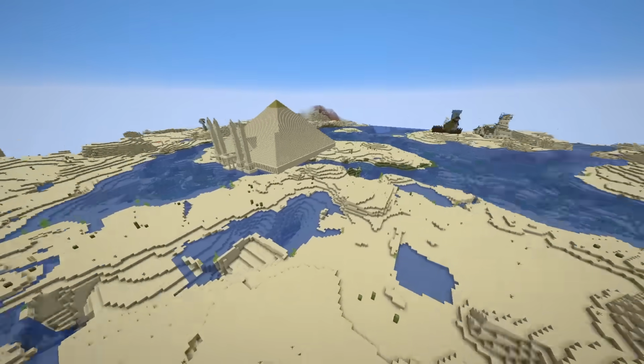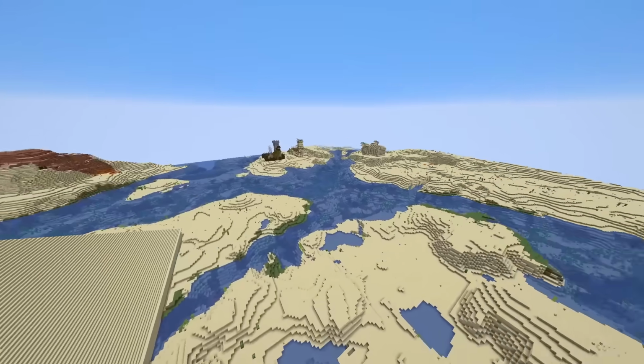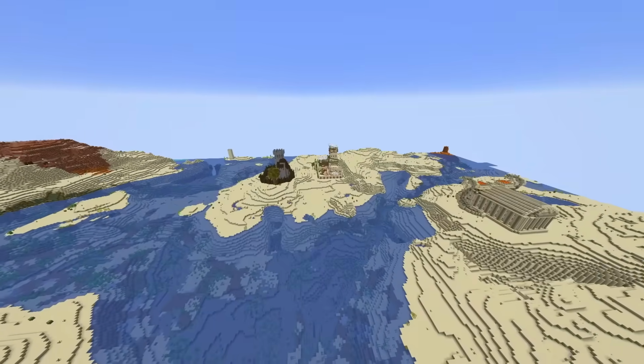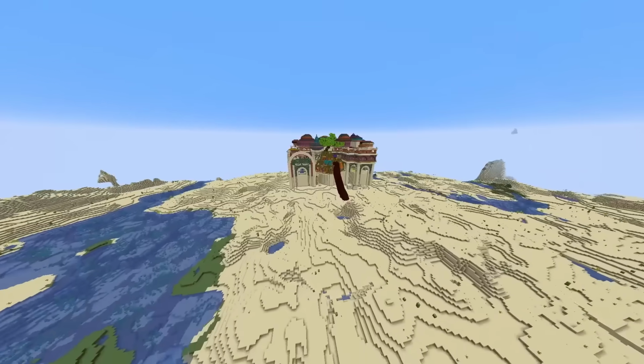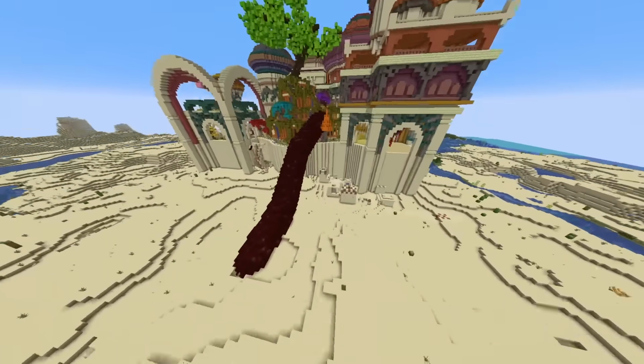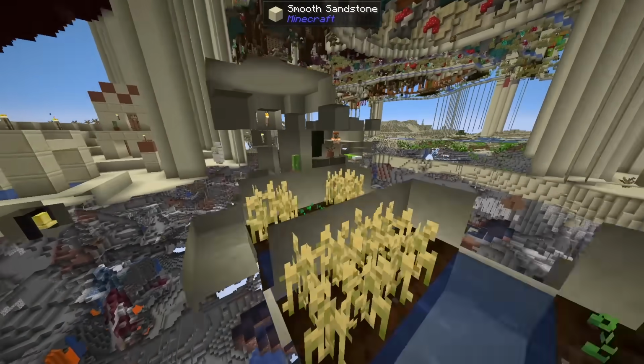Okay, there's so many structures. Look at that. There's a Shiraz Palace, the pyramids, a few small statues. There's a pillager tower, an archaeological site, whatever that is, a temple, and a village. But also there's a village embedded inside the Shiraz Palace. Look at that. If we go in, we can see part of the structures and some...